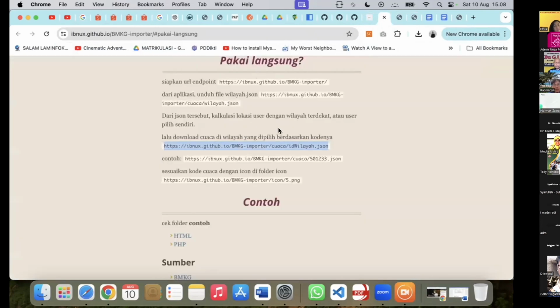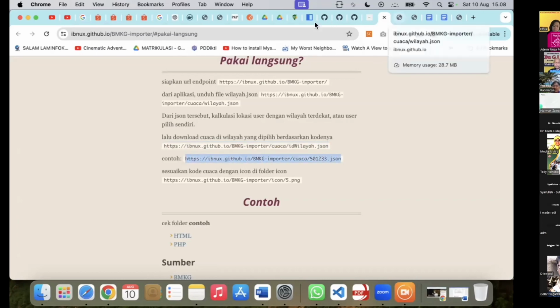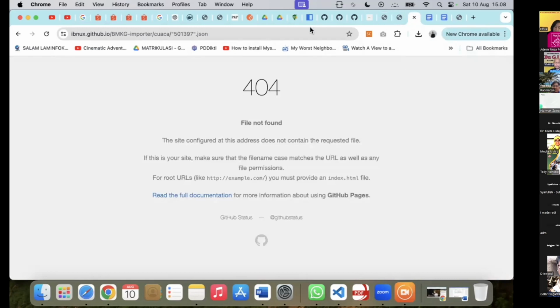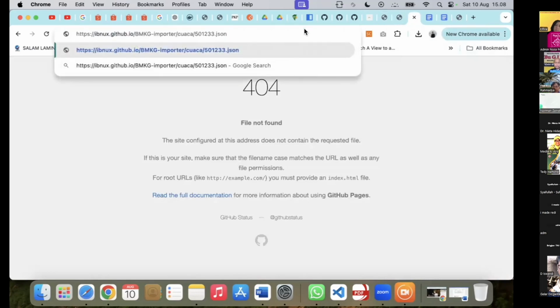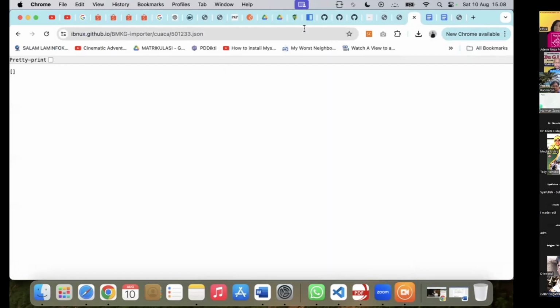Nah, buat tanda petik kah? Nah, ini di wilayah. Oh, ini contohnya.